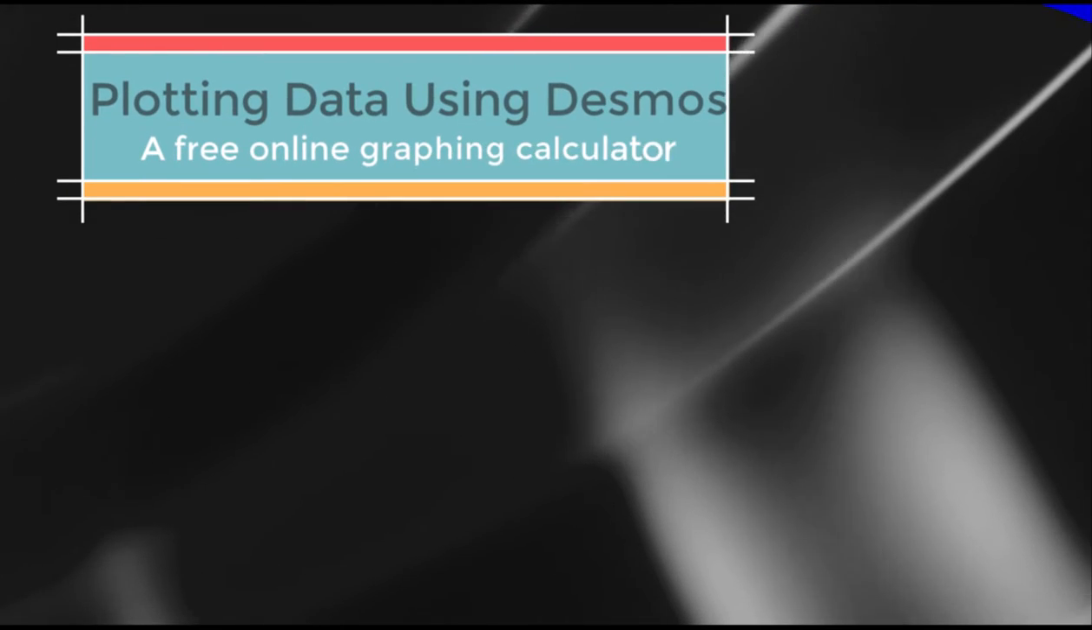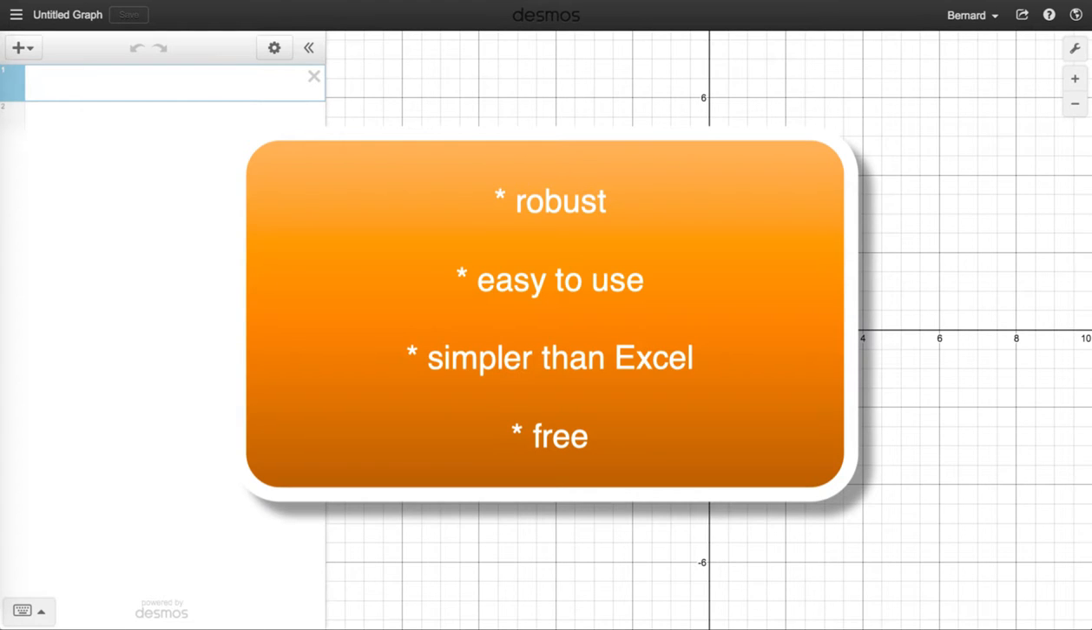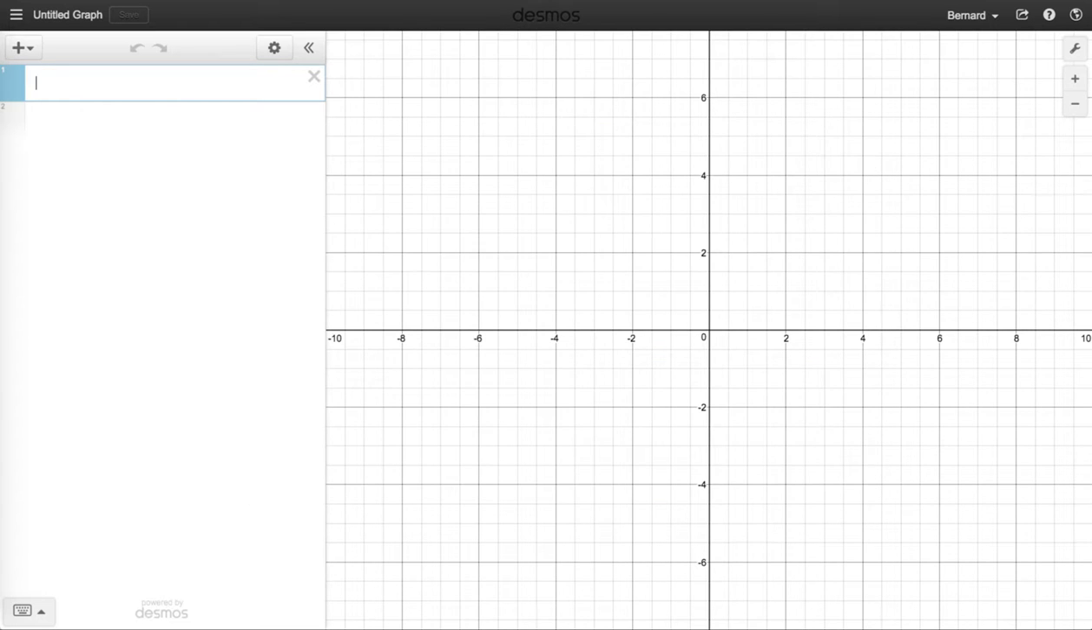Plotting data using Desmos. Desmos is a free online graphing calculator that is robust, easy to use, and considerably simpler than Excel. Also, it's free. You can use it for data analysis in this course. To get started, you can use any modern web browser to visit the site